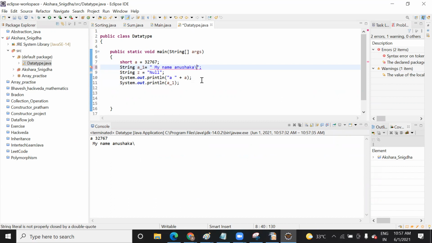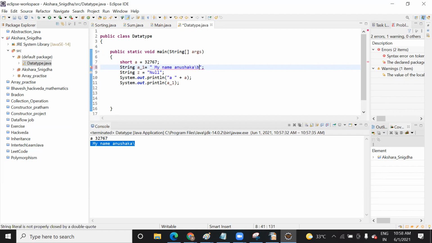In that case, you need to use a double backslash, because when you use a single backslash, the compiler will think you want to type slash n or slash t, some escape sequence, so you can't get it right. That's why you need to add one more backslash here, so that it can understand this. If you want to print it like this, you need to add two backslashes.